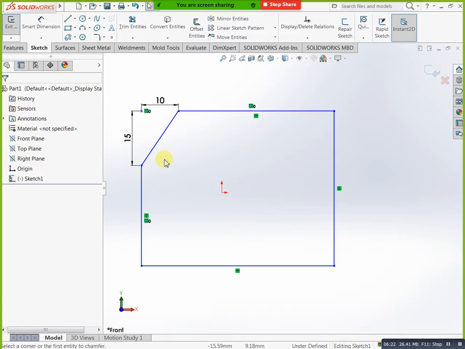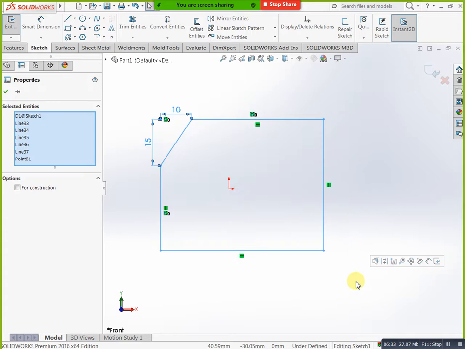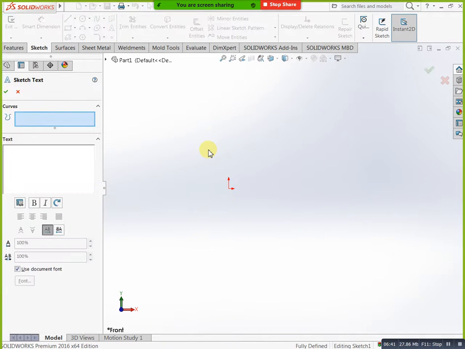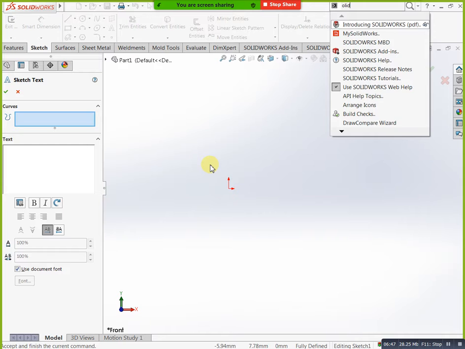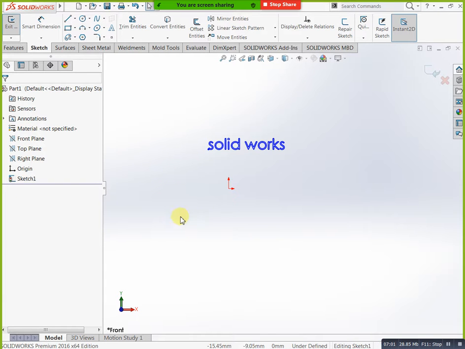Next, you can go for next. This is our chamfer. Next, here we have text. If you need text, you can write the text directly. In SolidWorks, here you can mention your text. You can write like this. Okay, next point, where you need your reference point, you can apply it directly.